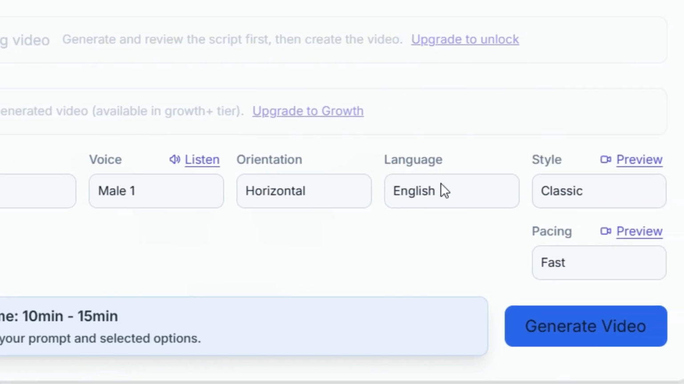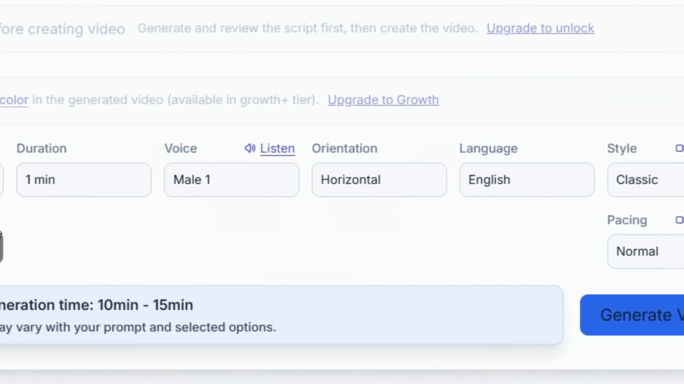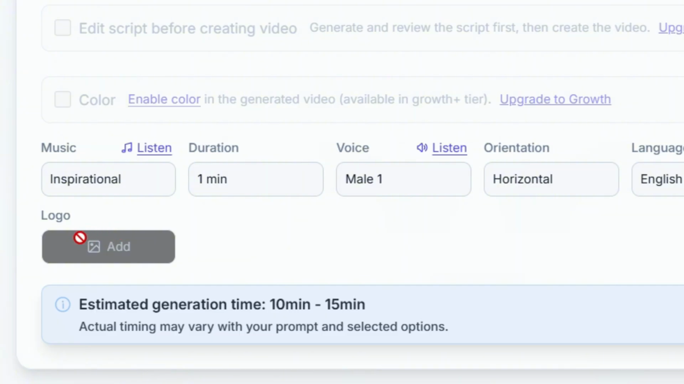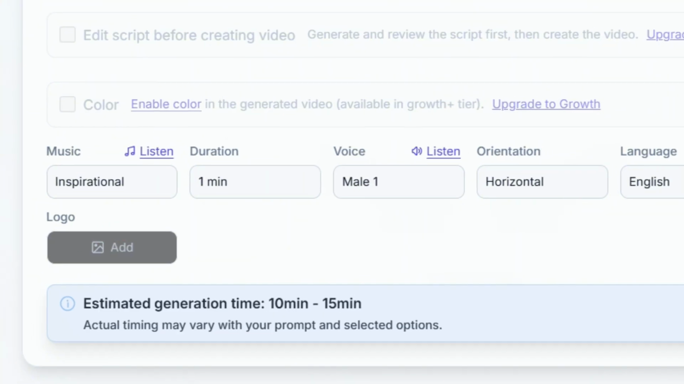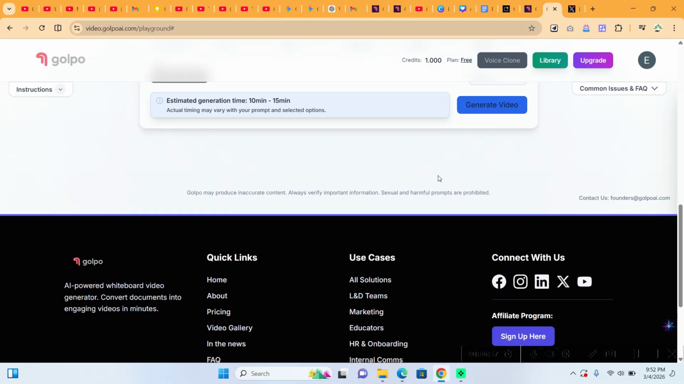Okay, so language, we'll go with English, and then style, we'll go with classic. If you want to preview also, you can preview. And then the pacing, you can make it fast or normal. So let's make it normal in here. Okay, so you have to be a paid user to be able to upload a logo for the video. So once you have the basic information inputted in here, you can just come down here and